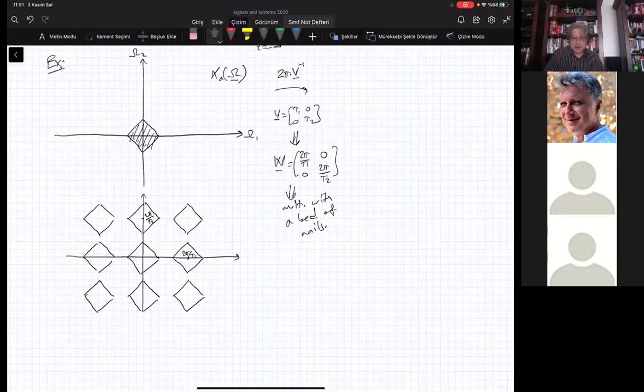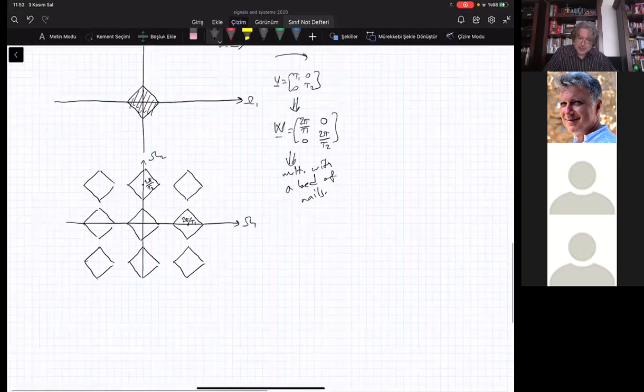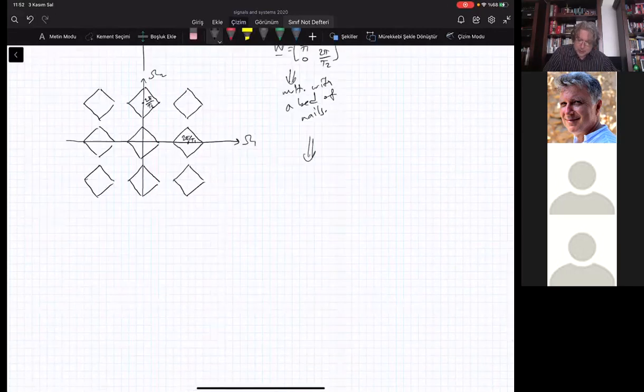Right. On the capital omega 1 and omega 2 axis, multiplication with a bed of nails gives you another bed of nails, but the nail sizes are different. It depends on the surface profile or the continuous time image. So this is the thing that you have as an intermediate step. And from this intermediate step, you have to convert